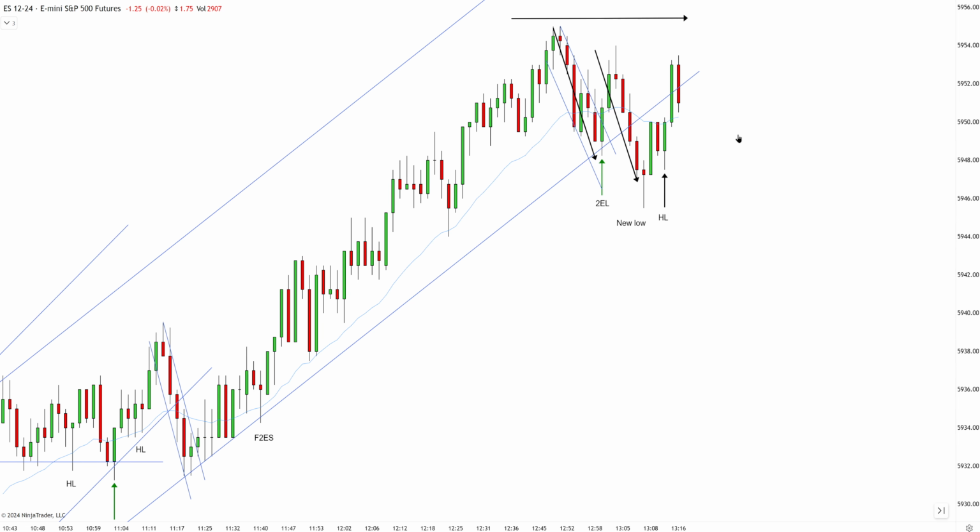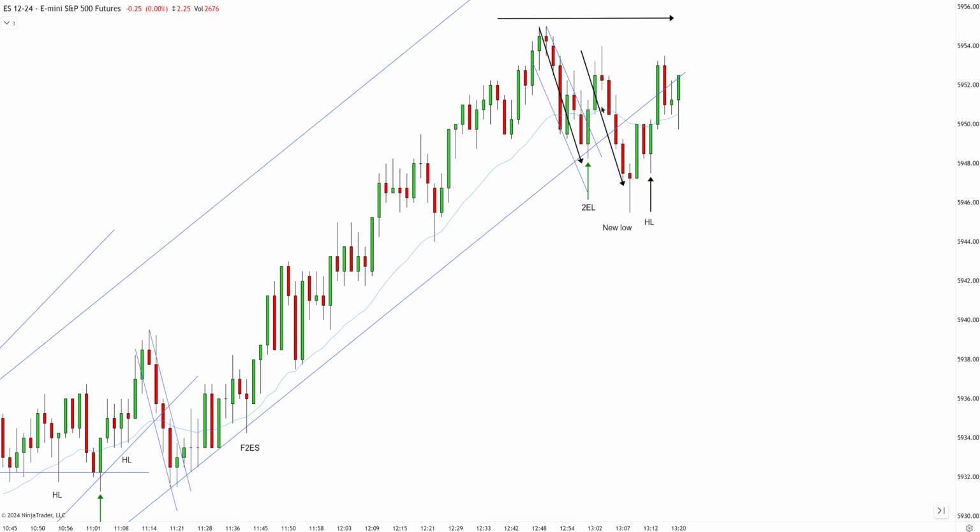Can we get a failed second entry short above EMA? Yes, we can. I'm going to use the lowest low of the pullback where we reset the count. One attempt to sell. Push above EMA is confirming. We're about to reach the new high. Second entry short. It's going to trap sellers because it's against the main bias. The main bias is bullish. So second entry long and a failed second entry short. It looks like the same setup, but it's a little bit different. It's still the same bullish setup because it's a bullish trade. But when you're counting for longs, you're counting from highs. You want to see a two-legged pullback to the EMA.